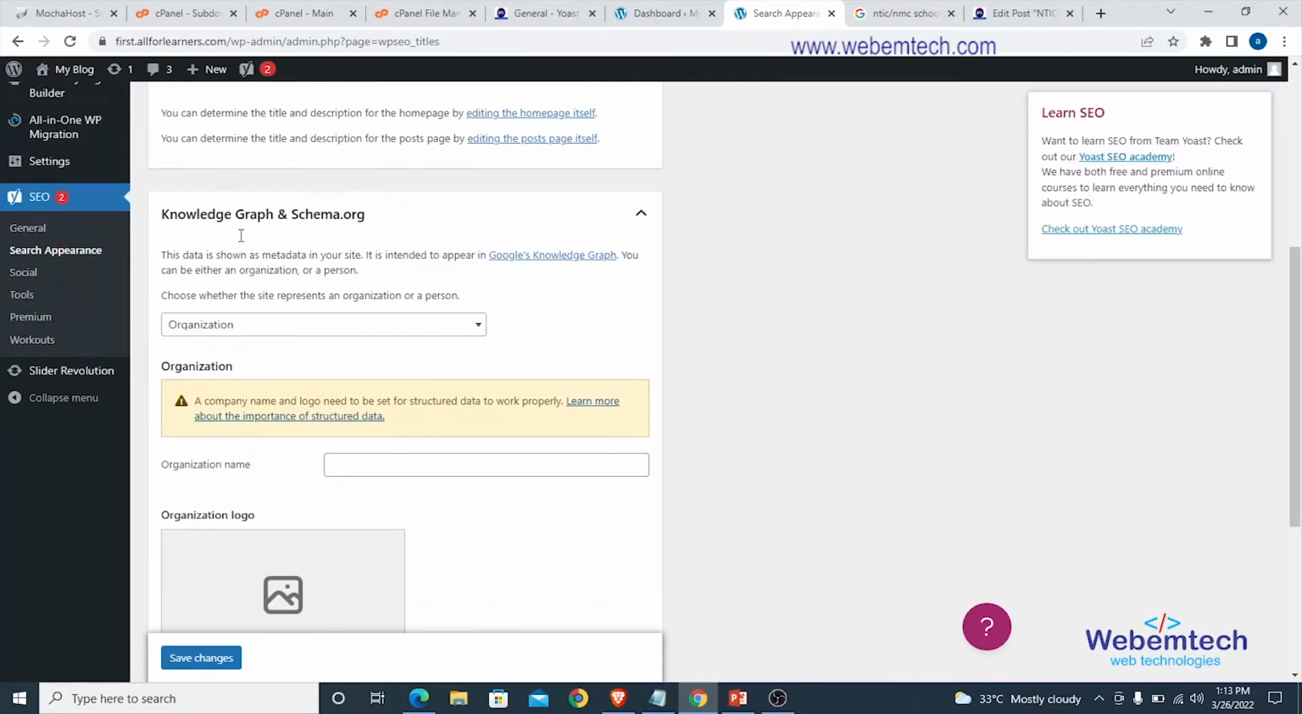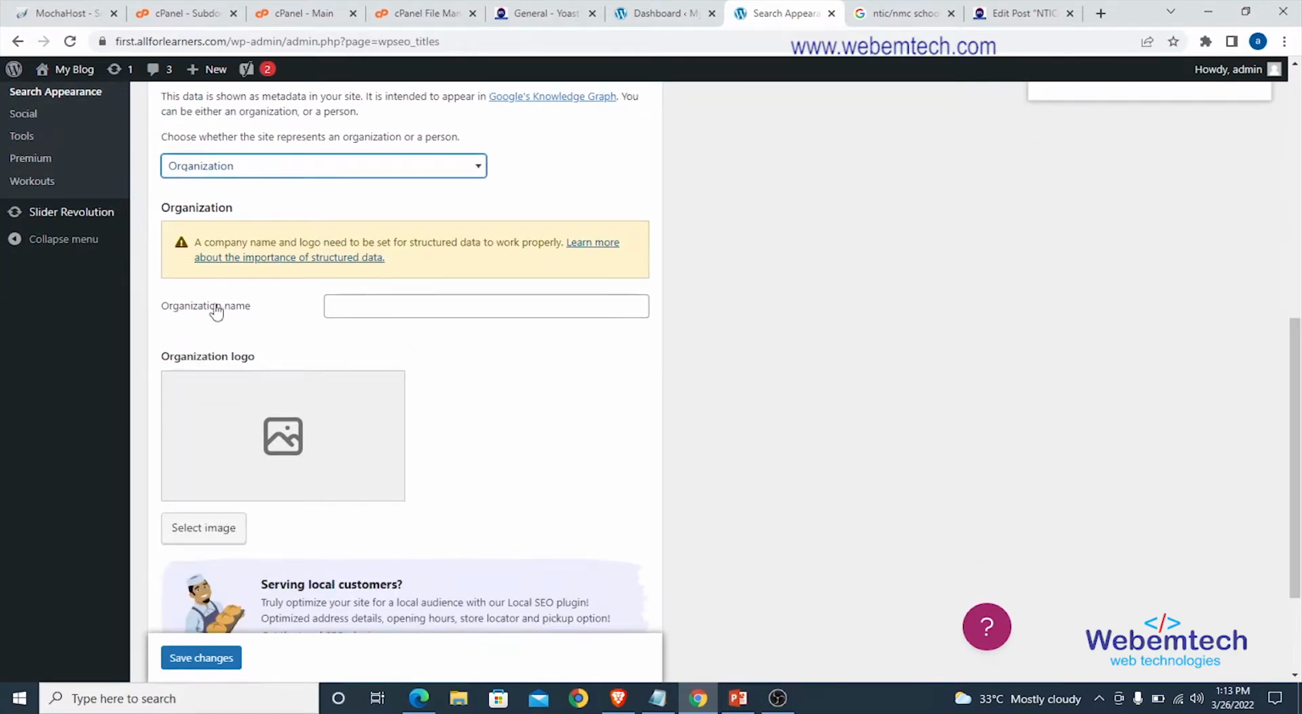If you scroll down further, you are going to see the organization. Choose whether the site represents an organization or a person. All right, so right here, if it's an organization, you select an organization. If it's a person, you select a person. All right, you can leave that here. Then also we have the organization name. You need to enter the organization name right here. Let's assume this is first all